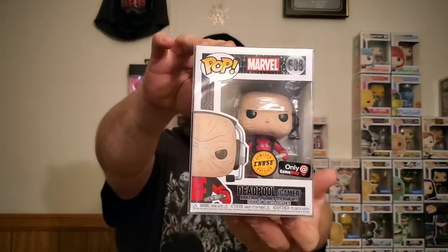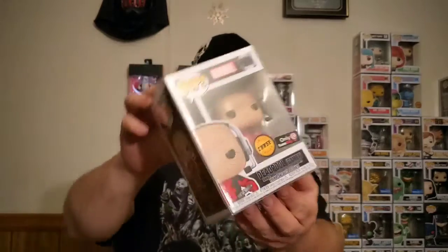And this was, I really wanted the Groot chase and the Deadpool chase most of all. However, again, to be bummed, there's an ever so slight bend in the back of the box, and then again a slight bend in the bottom of the box, and you can definitely tell it when it's out because the flap kind of bows, I guess you would call it. So those two, both Miles Morales and Deadpool, were damaged in box. Again, that bums me out,